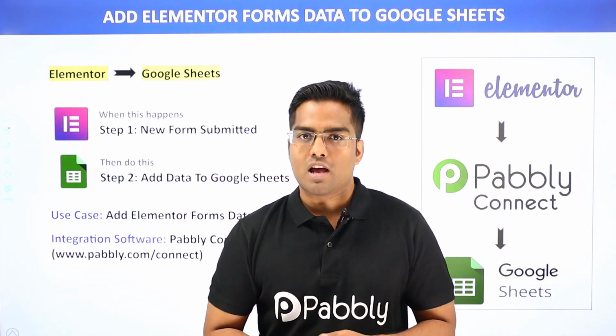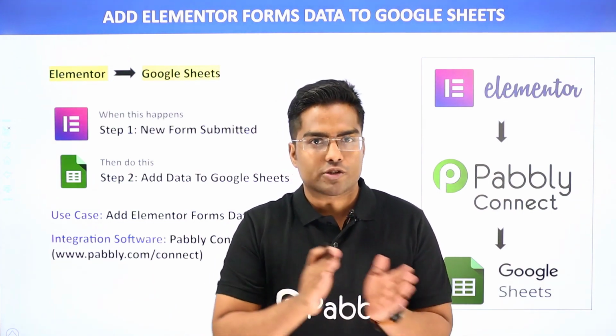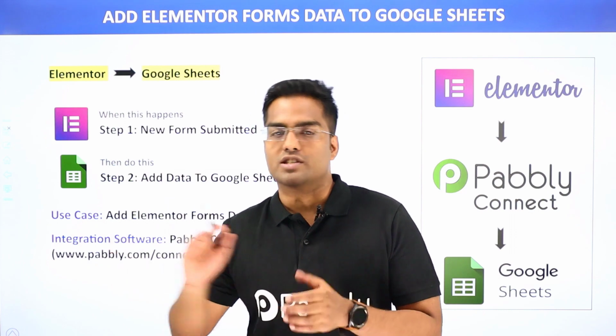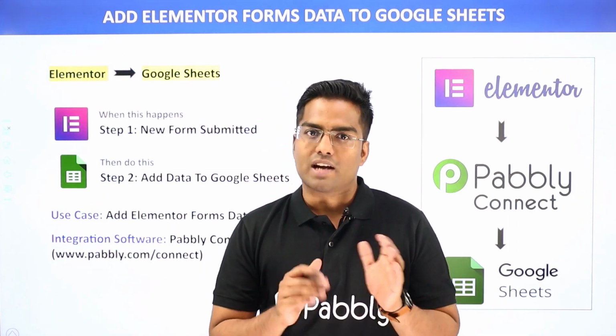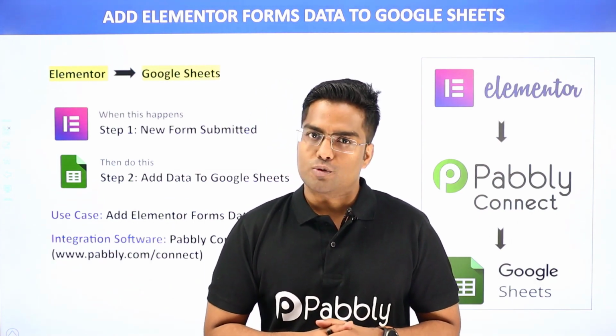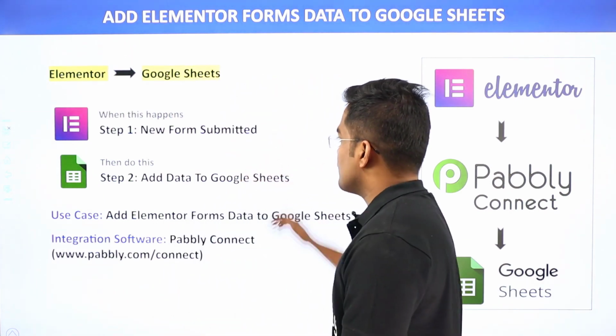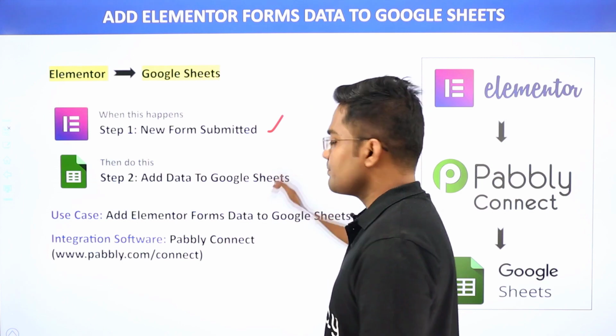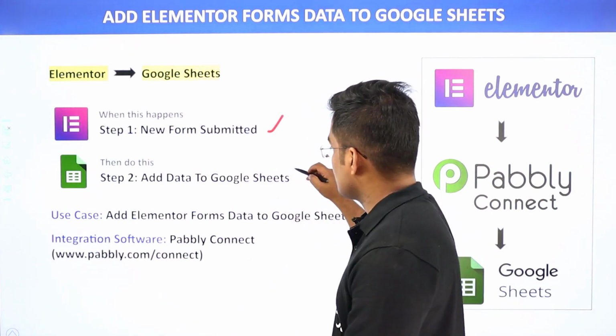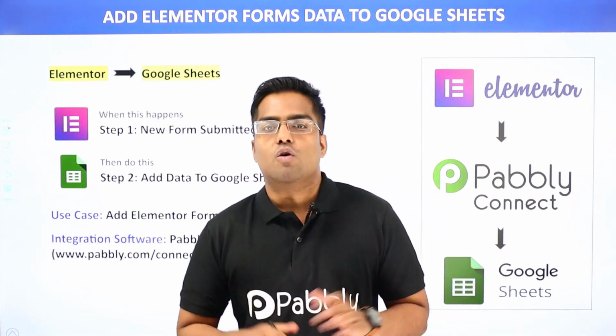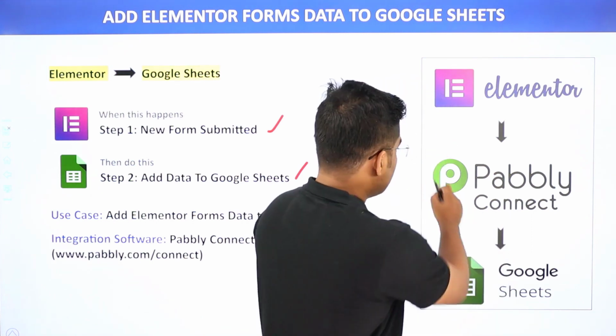The first choice is you copy all the data from Elementor, sort it out and manually paste it into Google Sheet. Now this process is very tiresome. So I will introduce you to the second method, that you bring in some automation. Here, when a new form is submitted in Elementor, it will automatically add this data to Google Sheet. So in this video, we will be using Pabbly Connect